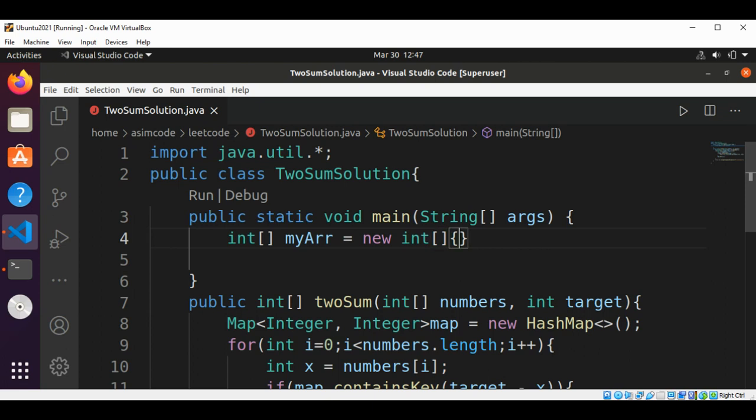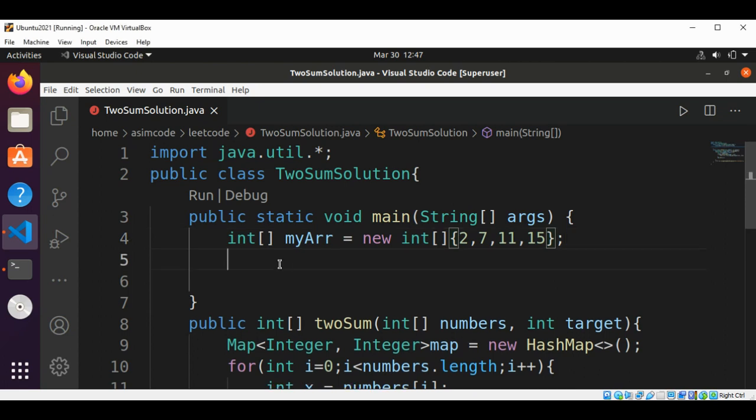And then I'm going to add those values: 2, 7, 11, and 15. And then I'm going to set a target of int type, int target set to 9,